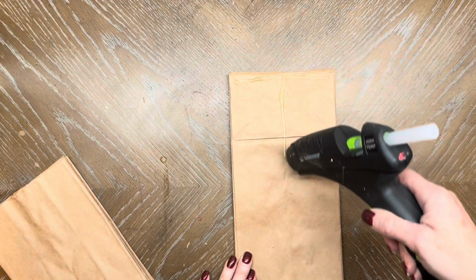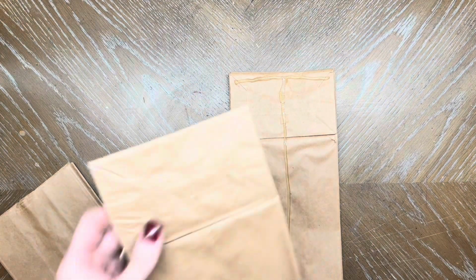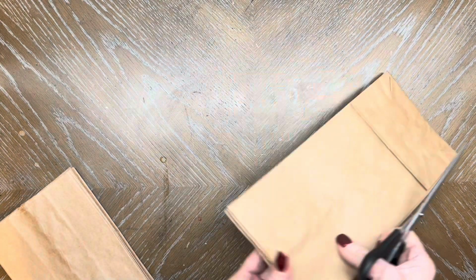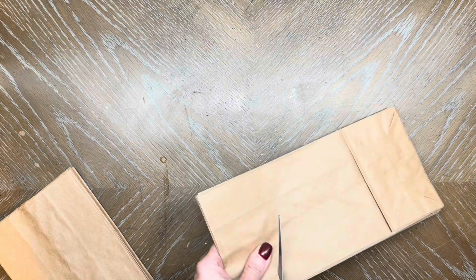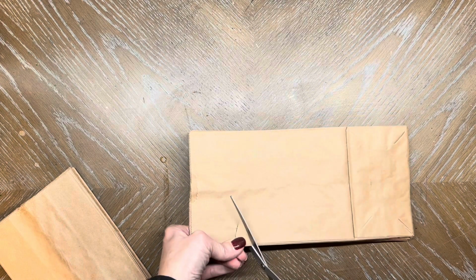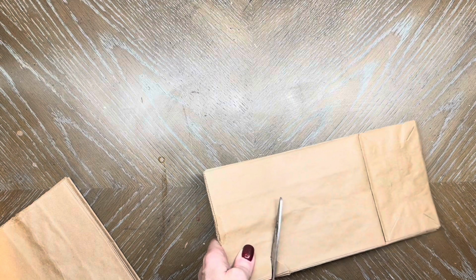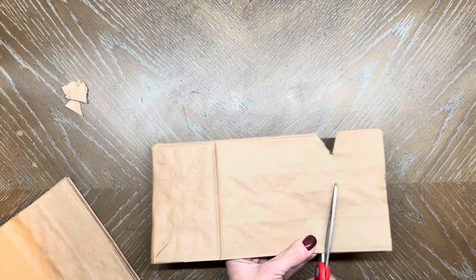For our first project, we're going to make some paper snowflakes. To make these, you're going to need some paper bags. I picked mine up from Dollar Tree. We're going to start off by gluing 8 paper bags together. Glue one stripe at the top and one down the middle of each bag, making sure that the flap is